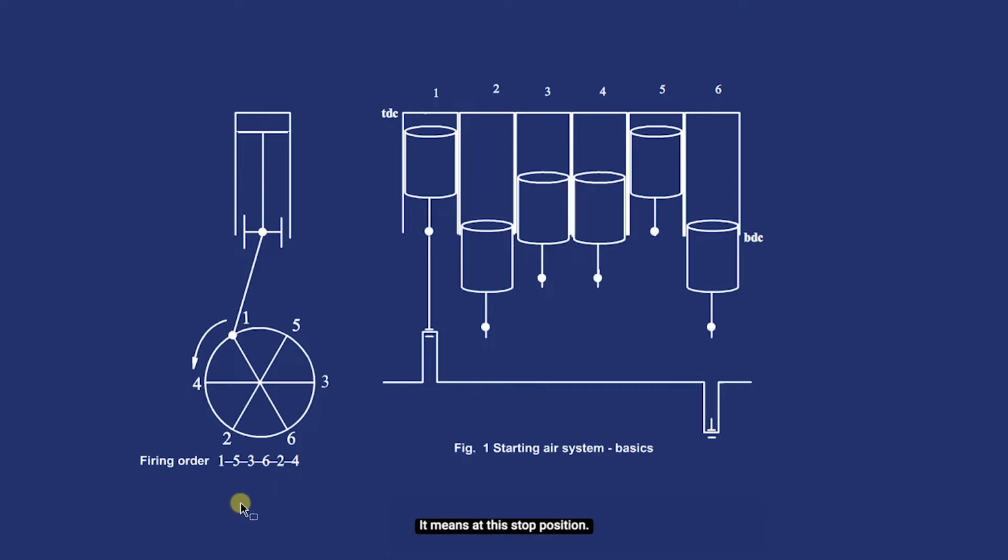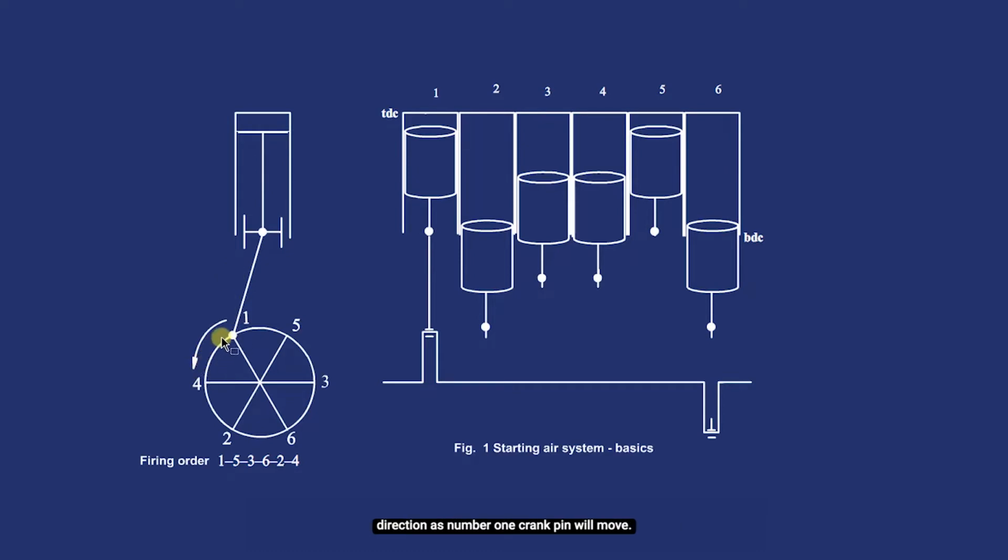It means at this stop position, if number 1 unit piston is just past its top dead center, and if there is a movement of number 1 piston downwards, its crank pin and the crankshaft will turn in